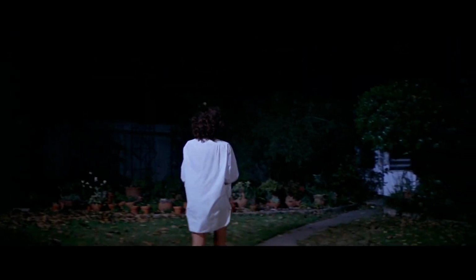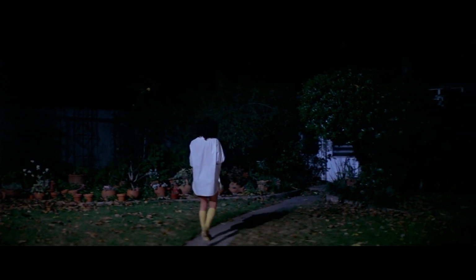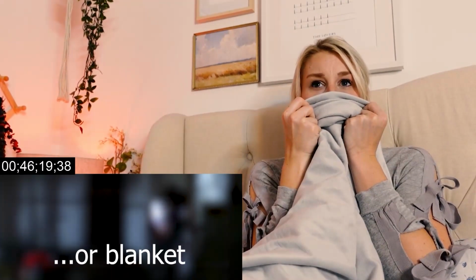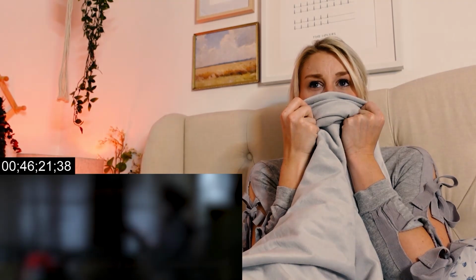In the next scene, Annie goes to the outhouse in order to wash her clothes. Myers appears in the background twice, but is not seen by Annie. All the while we, the viewers, are bracing ourselves behind a pillow, waiting for him to pounce on her. And yet, it doesn't happen. After that scene, the build-up to Annie's death is effortless. They don't even have to have Myers in the frame.